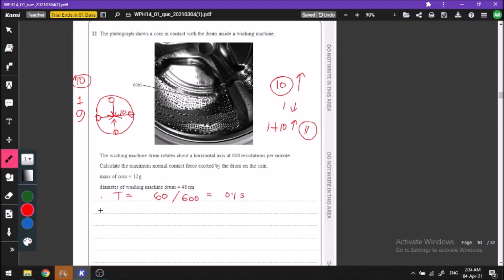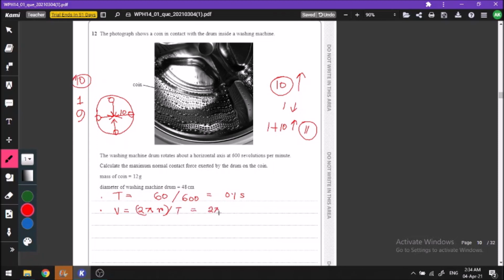So we have a time period. Good. Next, we have to find the velocity. I'm using the linear velocity here, I'm not using the angular velocity. You can use the angular velocity as well, and that can be your exercise. You can use the angular velocity and see if you come at the same answer. So the linear velocity can be found using 2 pi r divided by t. 2 pi r is the circumference and t is the time period, right?